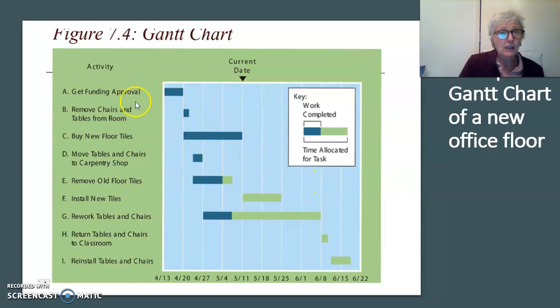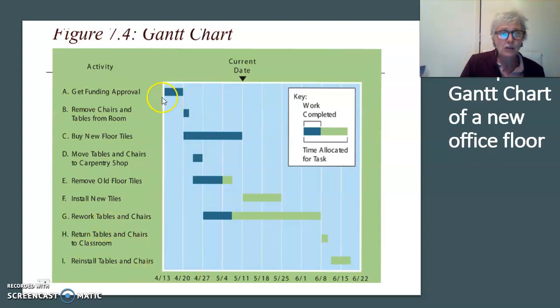It starts, in this case, with A, getting an approval to remove the office floor, B, to remove the chairs and tables from the room, then the new tiles should be bought, the move of tables and chairs to the carpentry shop because they are going to be redesigned, removal of all old floor tiles, install new tiles, rework tables and chairs, and finally return these tables and chairs to the classroom.